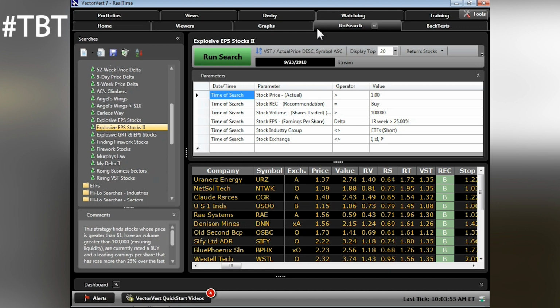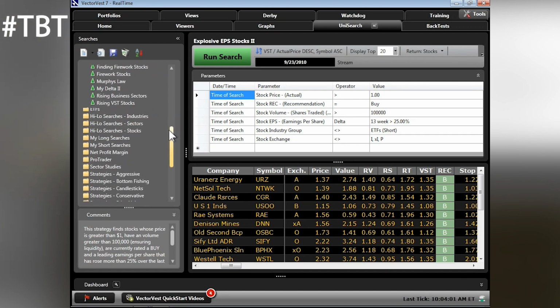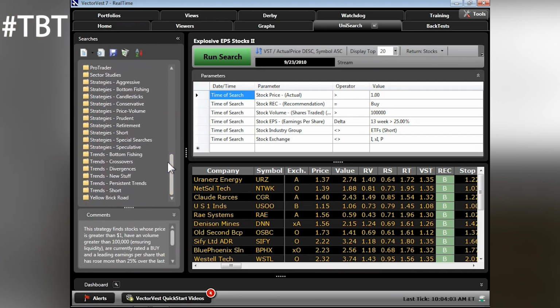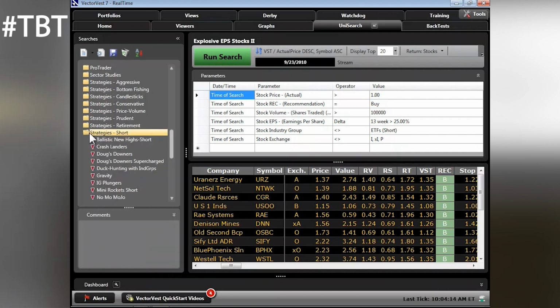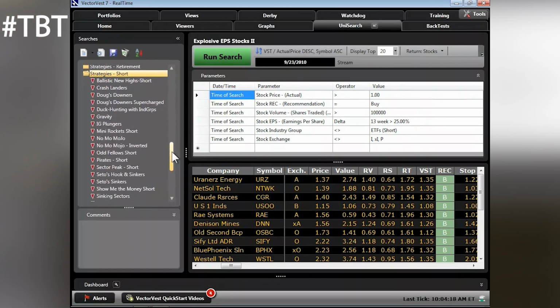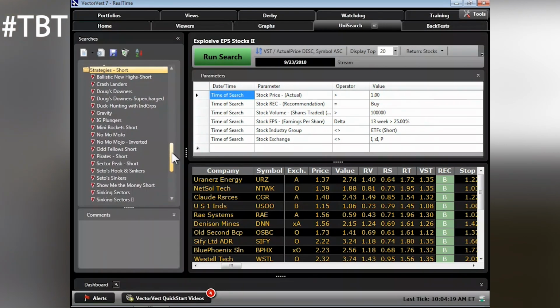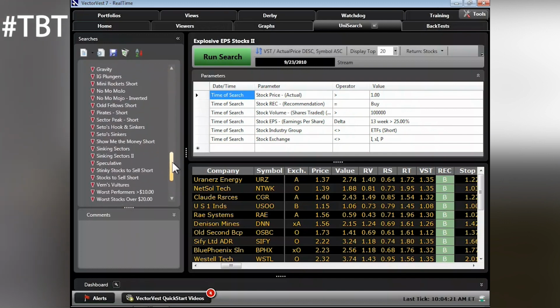So over here on the left, in our directory, we're going to scroll down till we find Strategies Short. And all we've seen so far is green up triangles indicating bullish searches. What we're going to see now is red down triangles when we click that box, indicating searches that make money when the market falls. If we click on Vern's Vultures, which will be towards the bottom of the list,